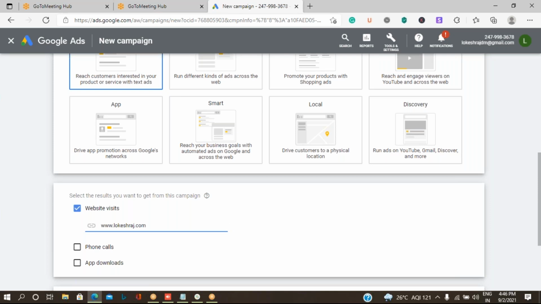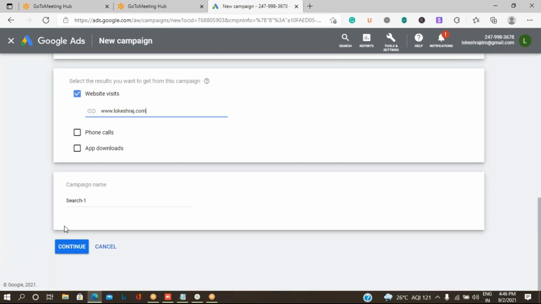Suppose you don't have a website, then no worries. Instead of clicking on any of these options, you can continue with the process. It is only asking whether you have a website and want more people to visit it, so that your website address will be highlighted in your ad. That is the only intention.